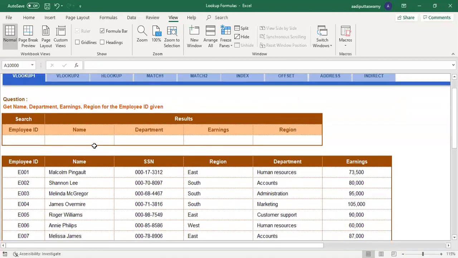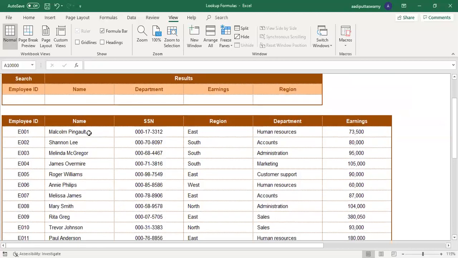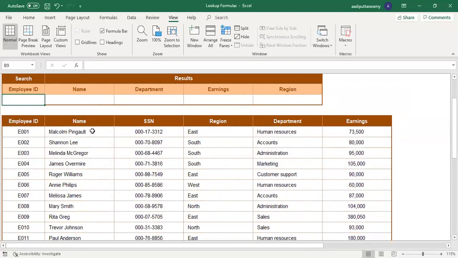Okay. First, we'll see this lookup. VLOOKUP means vertical lookup. That means I'm trying to look for a value in a table like this. Say I'll go here. I want to search the employee ID E005. If I put this E005, I should get the employee name, the department, the salary, and the region. How to search? I'll go here and say equals